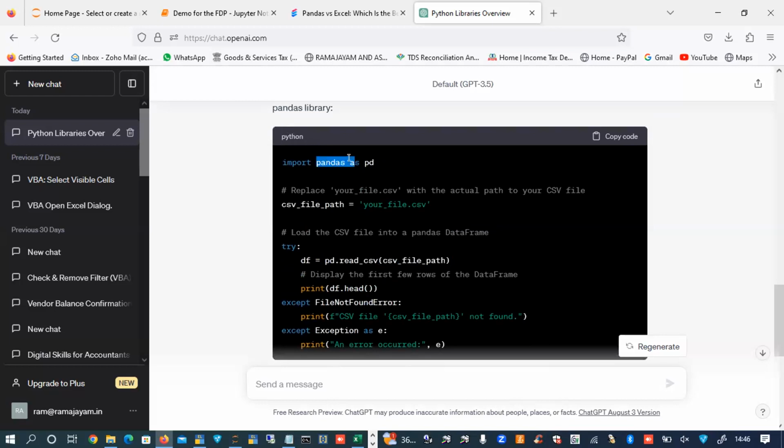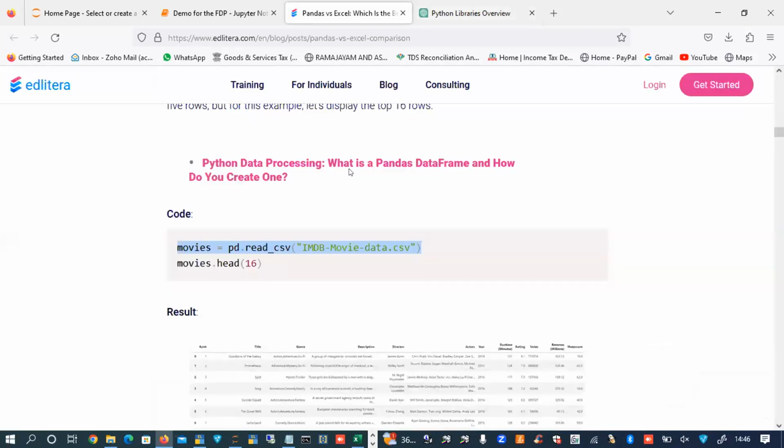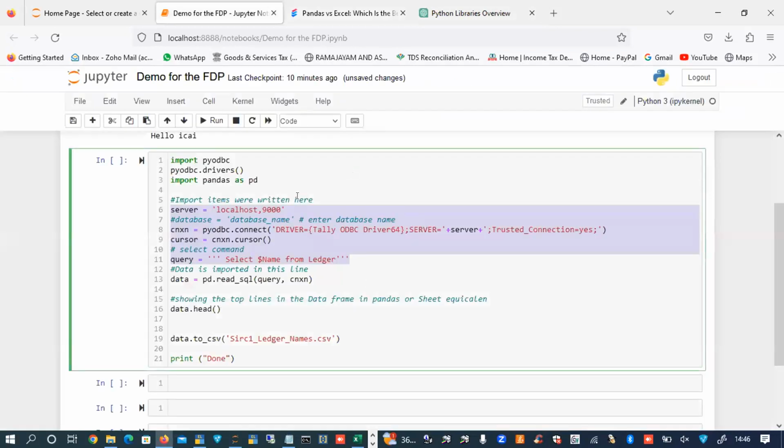So the Pandas library has a function to import a CSV file or Excel file. In my case, I'm doing ODBC data, which Pandas did not support, so I imported a PyODBC library. But finally, after importing this query, I've linked it into pd, because I imported Pandas as pd.